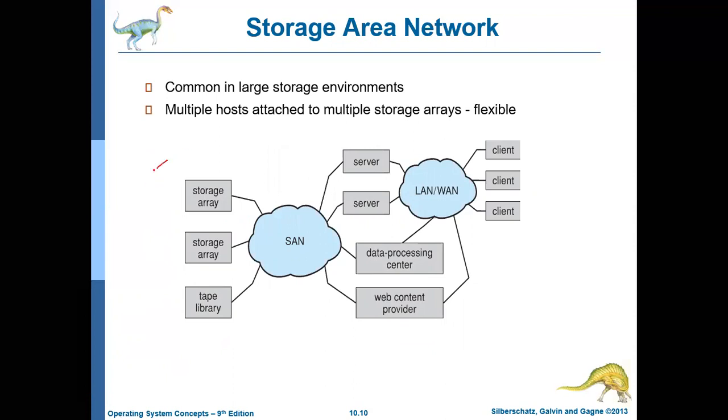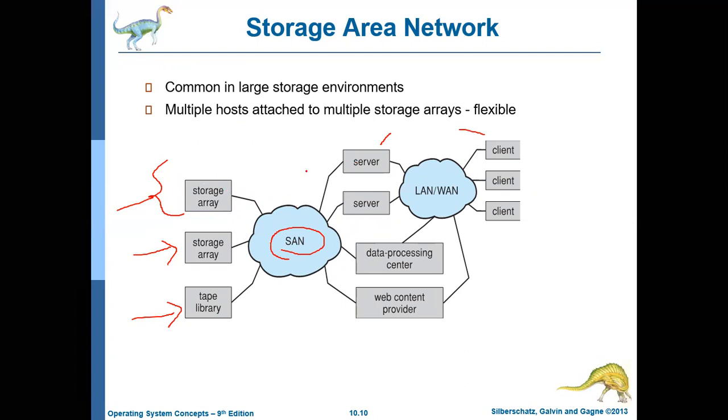So there may be many storage devices. This is an array of storage devices. This is another array of storage devices. This is a tape library, with multiple tape devices, and all these are interconnected. Like this, there may be many other storage devices, and all these devices are interconnected to form something called a SAN, storage area network. This storage area network can be accessed by clients and the server, and the storage will be automatically allocated.